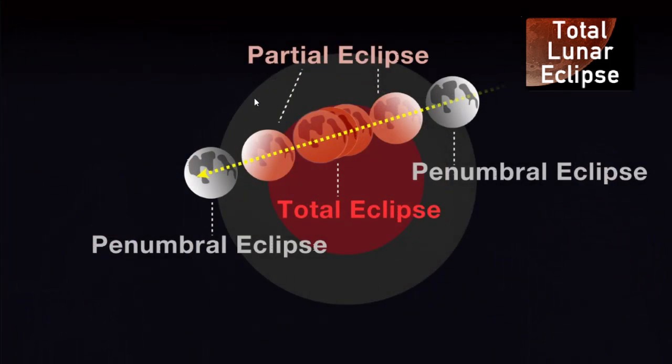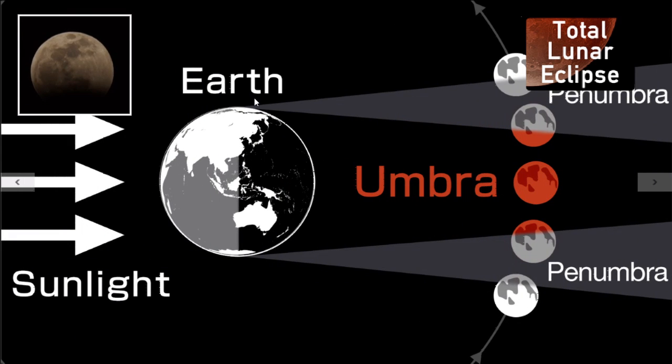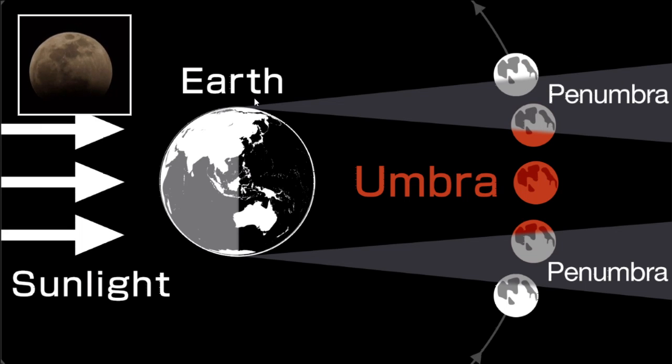So maybe we can show a diagram. So again, maybe we can see this one. Yes. So first, we have to understand why we have a total lunar eclipse. Basically, the idea is that every month the moon, the earth, and the sun are aligned in a straight line almost. Yes. So we have a full moon every month. Yes. But sometimes because the